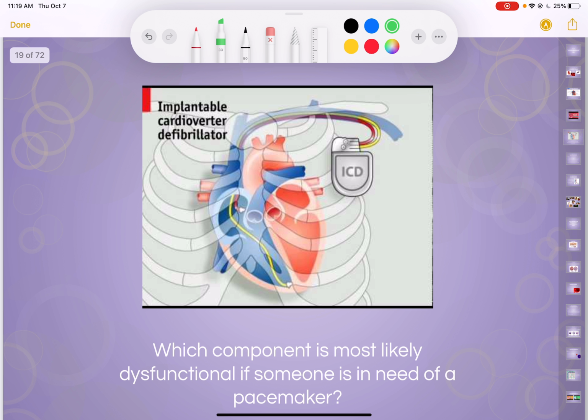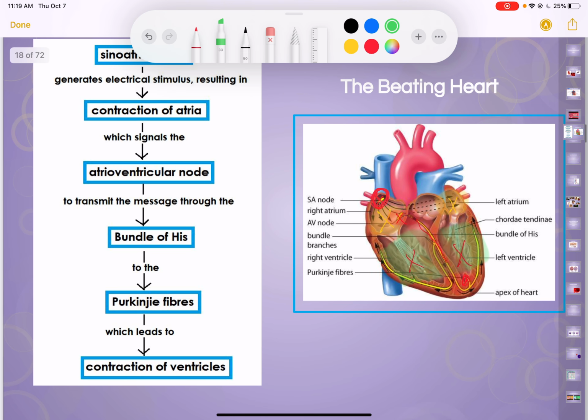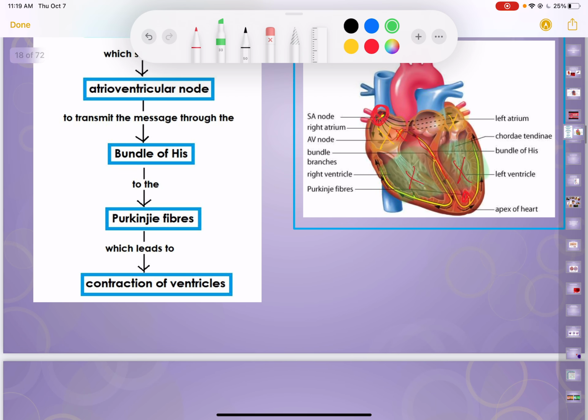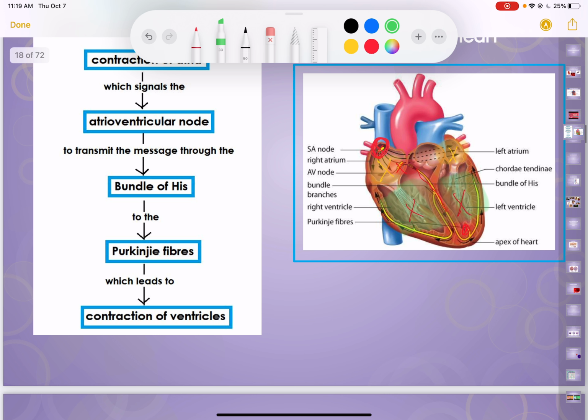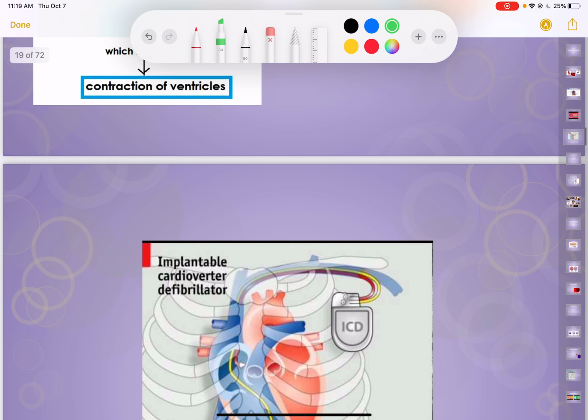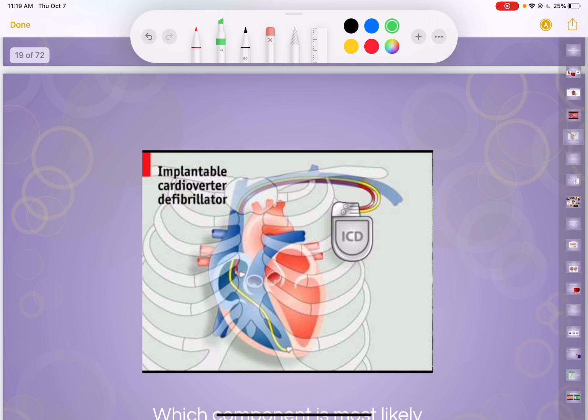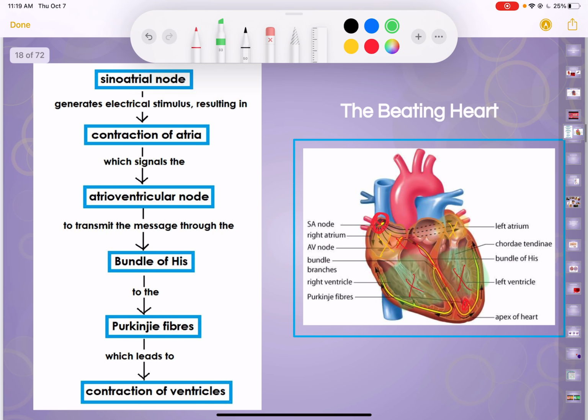Another video you can watch, but sometimes people have troubles or there might be some sort of problem with one of the nerves in the heart, and to be able to fix that, we can use something called a defibrillator. A defibrillator is something that you would use in a first aid situation where you might need to give someone a shock to their heart to get the nervous system or those nerves to start firing again. But some people that have continual problems with that would get something called a pacemaker. And the pacemaker is basically just wires instead of the nerves